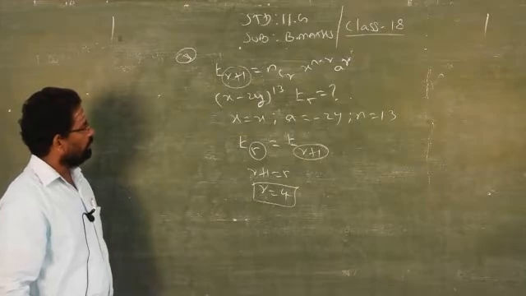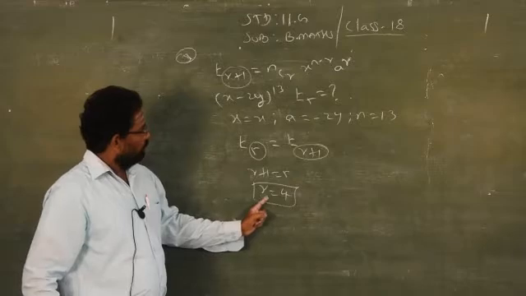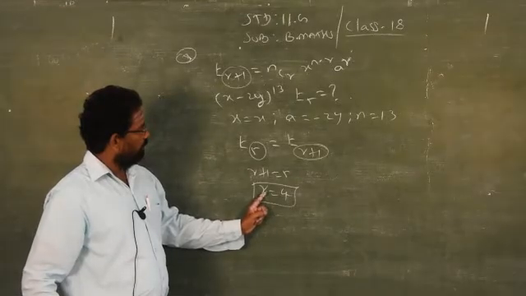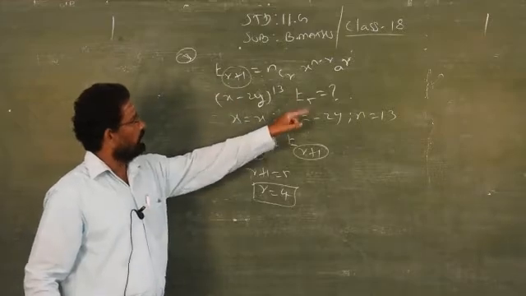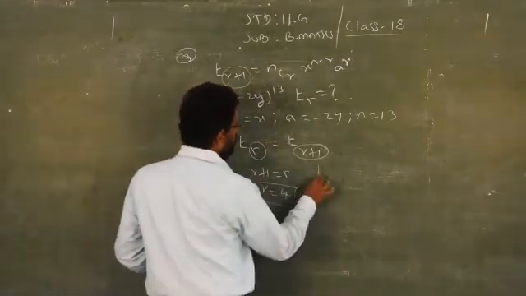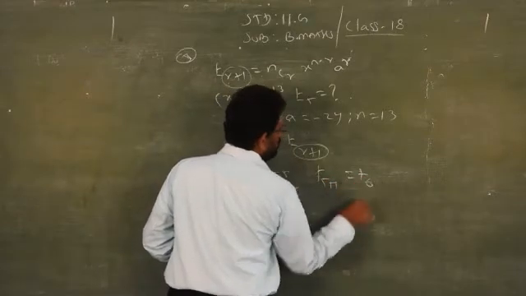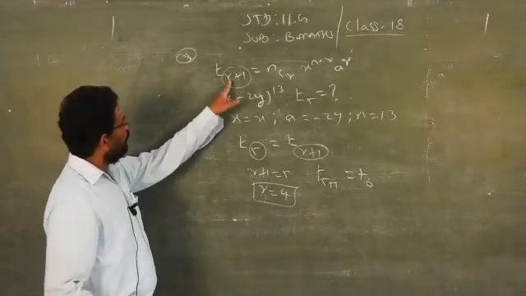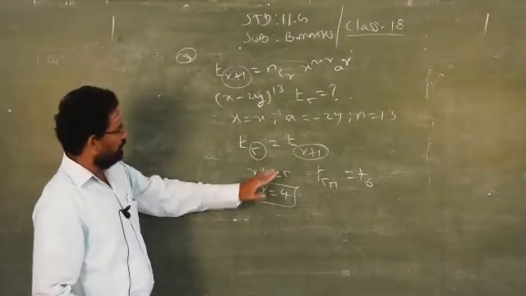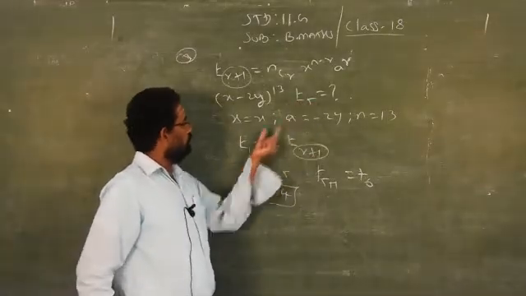Clear? But you have to easily find out what r is. Suppose you are asked to find the fifth term. If you replace r equal to 5, then 5 plus 1, what will be the answer? T6. So your answer is wrong. So how do you find r? This is the actual method. You have to compare with the formula. I have to find T5.